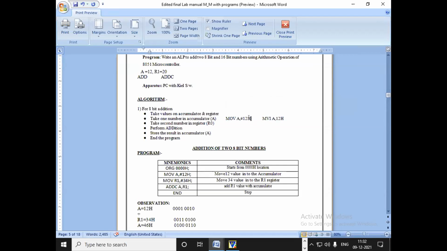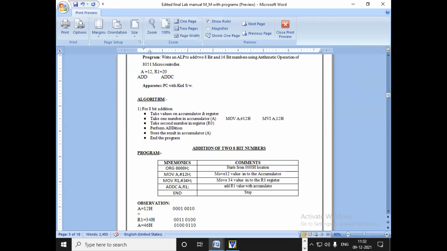So remember which software you are doing the programs in. If you are using the 8051 you have to use this instruction. For 8085 you have to use this instruction. So remember these things.